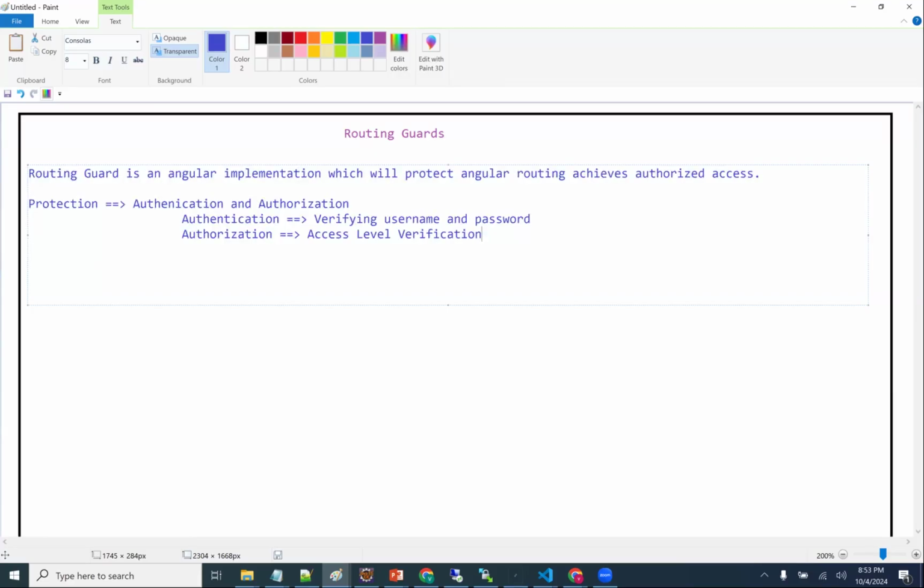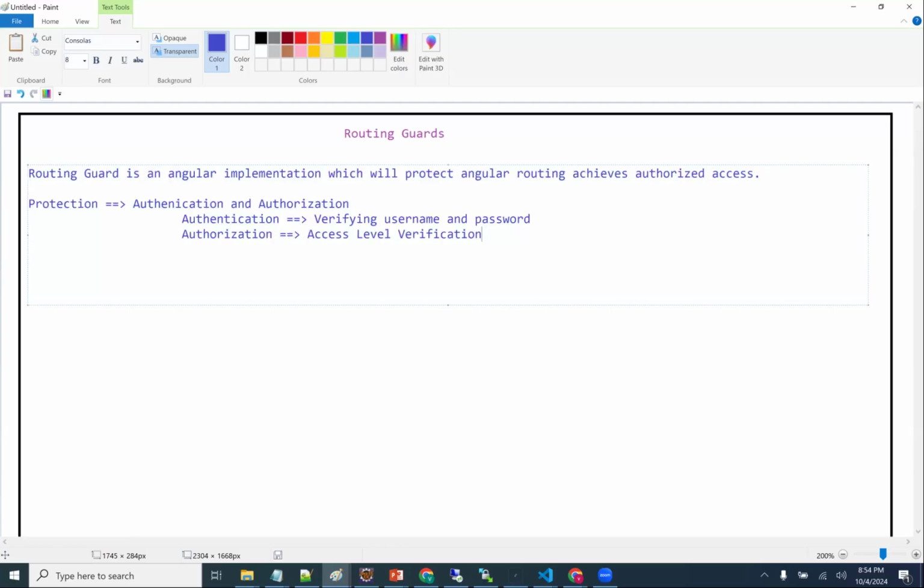Another example: I have a print button on my laptop or desktop. Everyone cannot print. Only the manager or senior manager role should have the print button enabled. That is called access level verification.